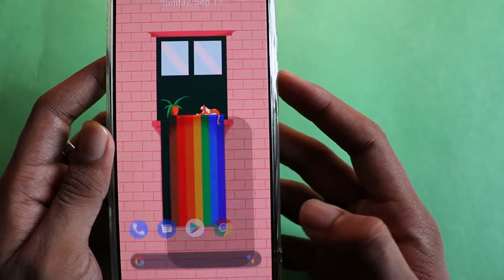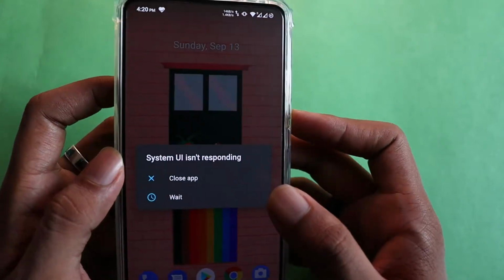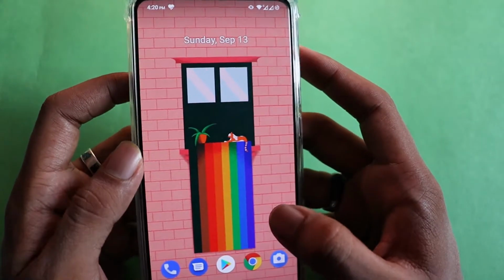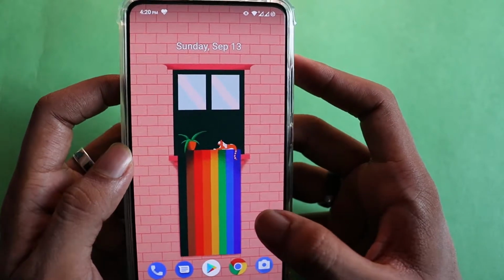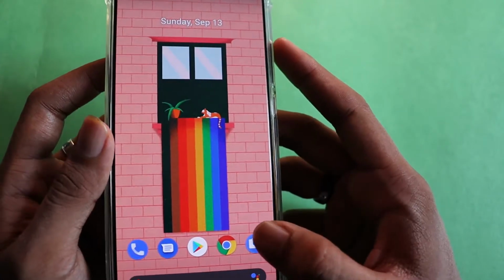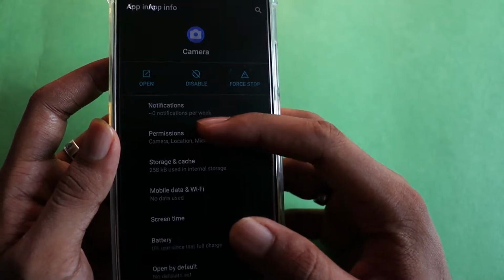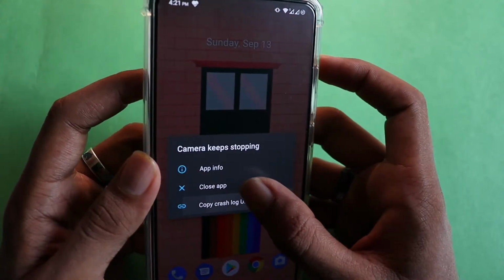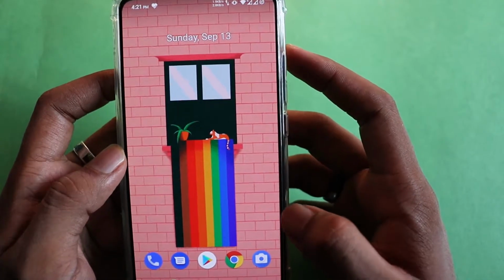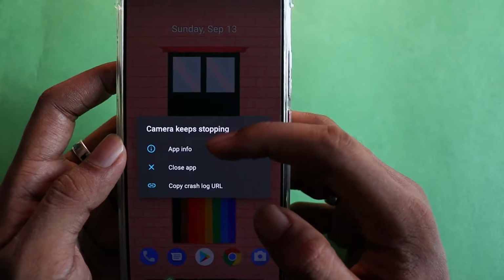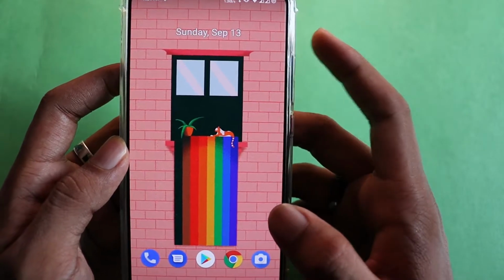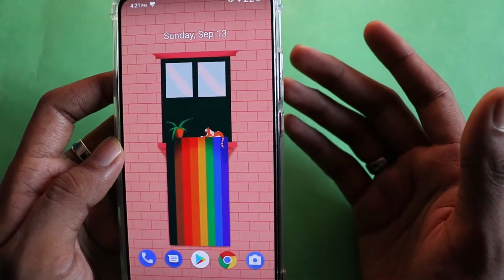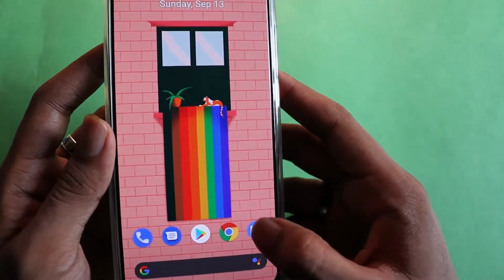But somehow whenever I'm clicking it open, it's crashing. I've tried installing the ROM again, and it still persisted. Later on I tried to install ANX camera and even that was not opening. So at the moment I am not really able to access the camera from this application or through any other application. I've even tried to read the crash log, and it says null pointer exceptions. So whoever is working and is looking at this video, probably you might have to fix this.